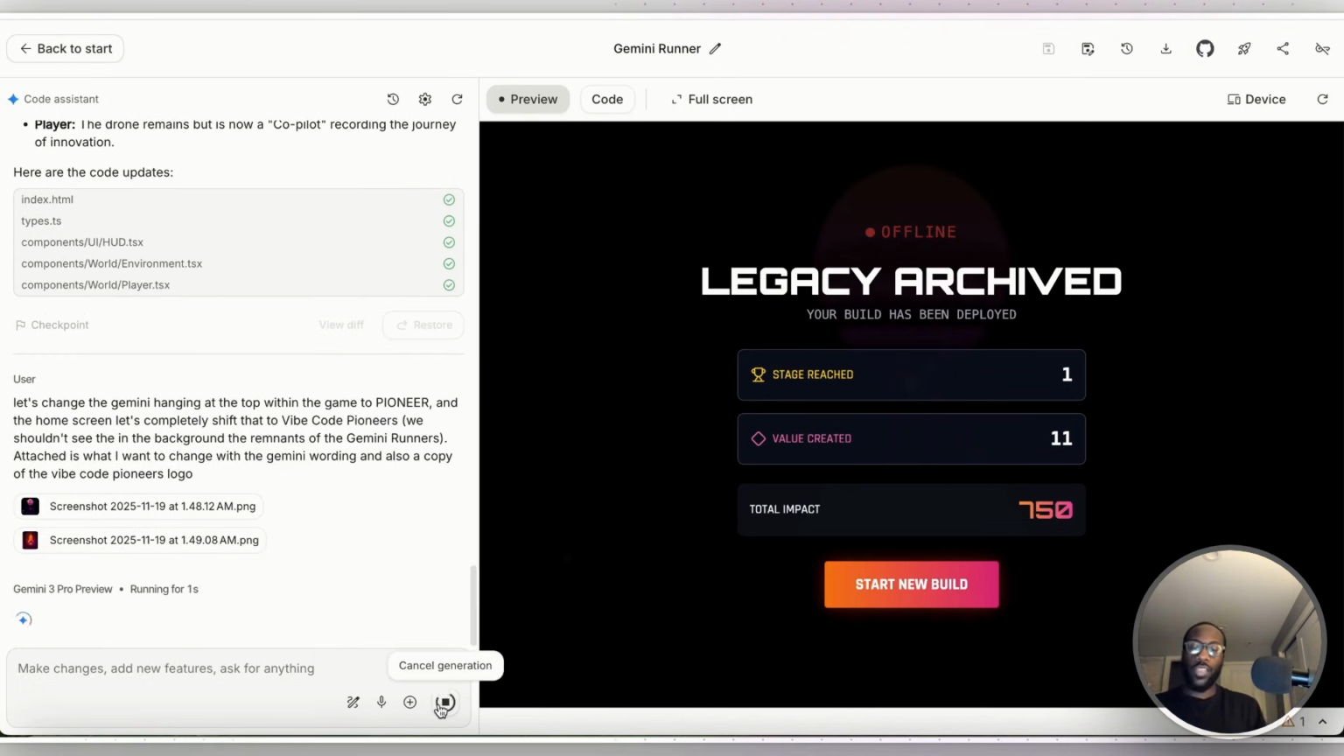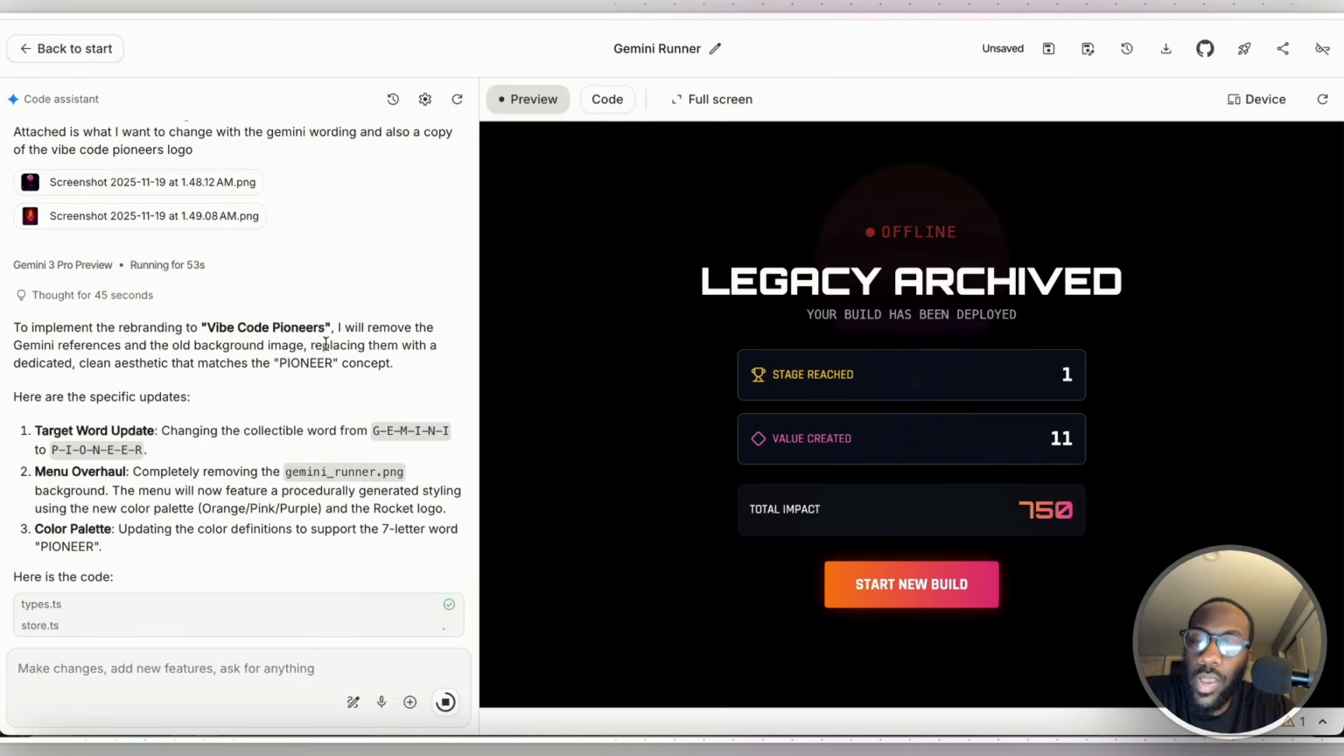And then, by the way, with Gemini, there's also a way to annotate the app now with Google AI Studio. You can annotate the app. So if for whatever reason it doesn't make the changes as we are working on it here, there's a way of getting it to be a more pointed modification. All right, so to implement the rebranding, I'll remove the Gemini references in the old background image, replacing them with a dedicated clean state that matches the Pioneer concept. Here are the specific updates, completely removing the